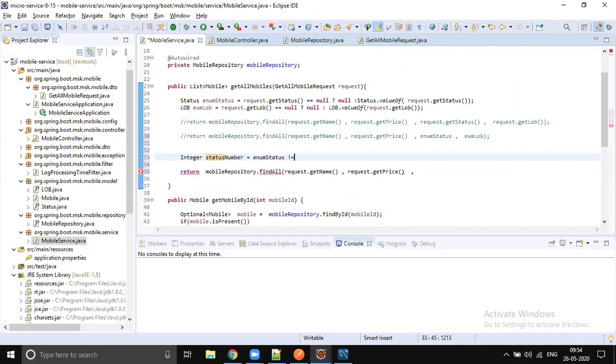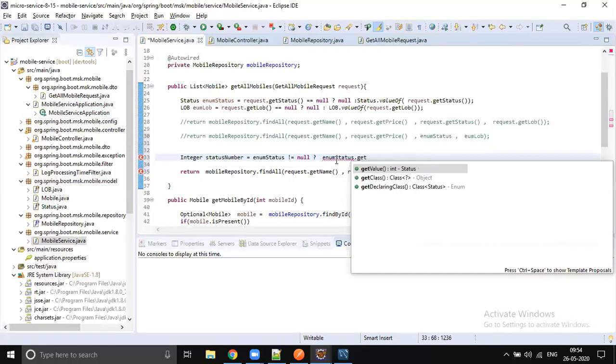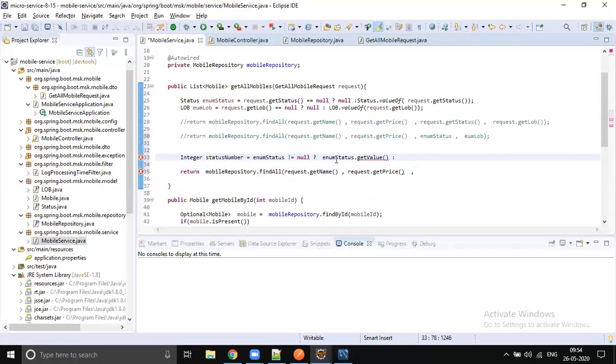If the enum status is not equal to null, then you should get enum status dot get value. If it is null, then send null as it is.